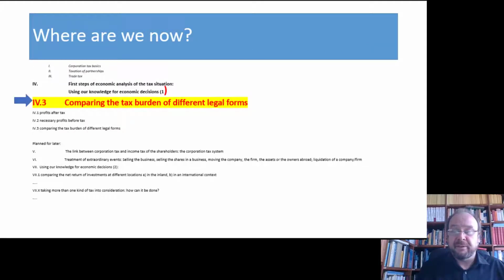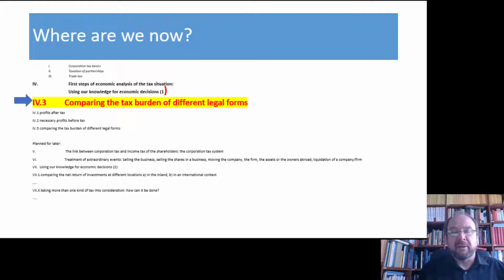So we are here. And what motivates the topic is that when you establish an enterprise, you have a choice between different legal forms. You can decide to run an enterprise as a sole tradership. You can say you establish a GmbH, so a juridical person. And in both cases, the tax conditions are different. In case of a sole tradership, you yourself run the enterprise,